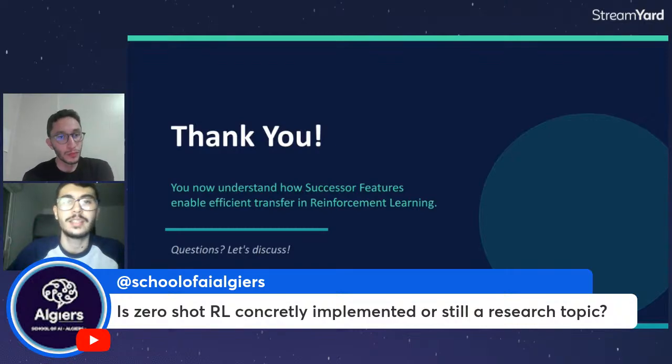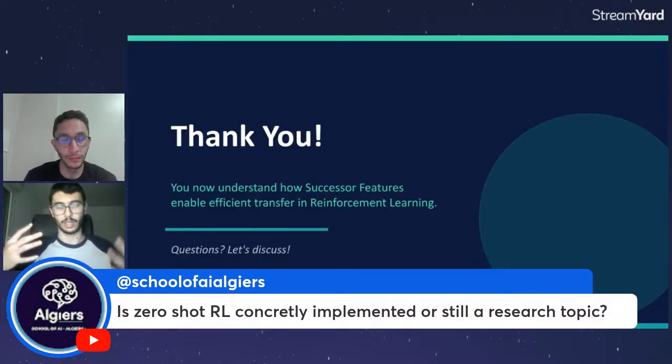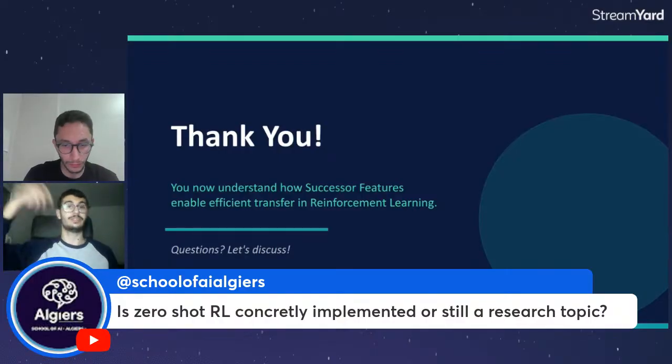I can say that it's still in the research phase, but we're starting to have some concrete implementations of it. For example, there is a tool created by Meta called MetaMotivo. It's a humanoid robot that can adapt to new tasks. If you type in Google MetaMotivo, you're going to find it. You can define the task by hand or by text, and it's going to directly adapt to that.